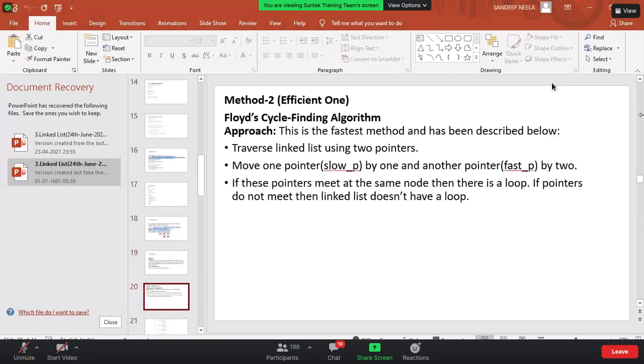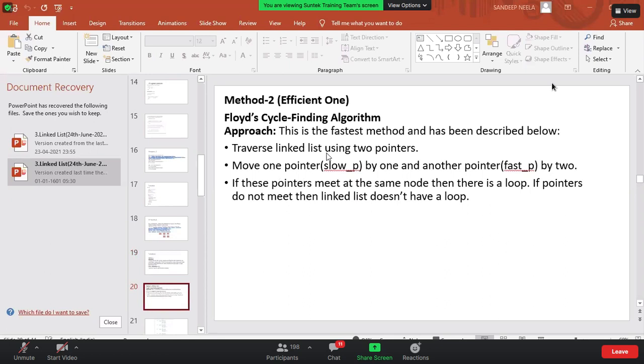So here our approach is the Floyd cycle finding algorithm. Here we traverse the linked list using 2 pointers instead of pointing to the head and traversing to the end.